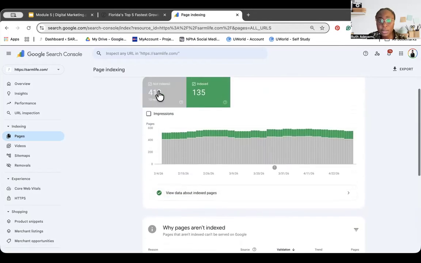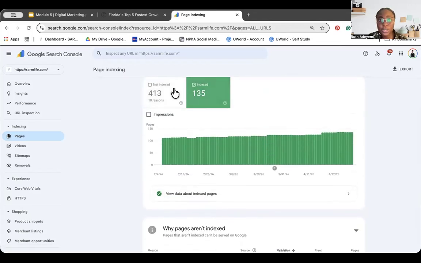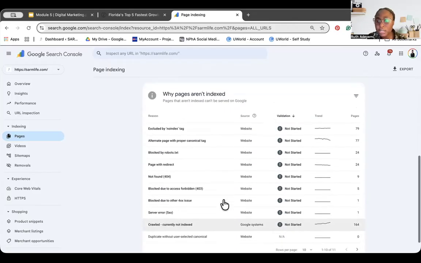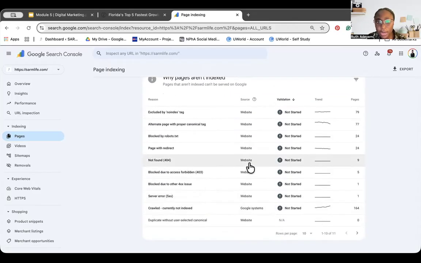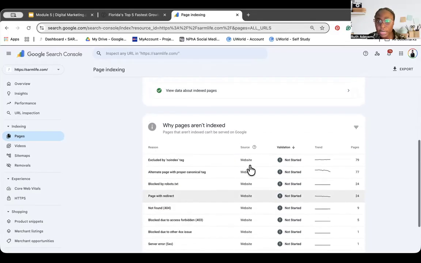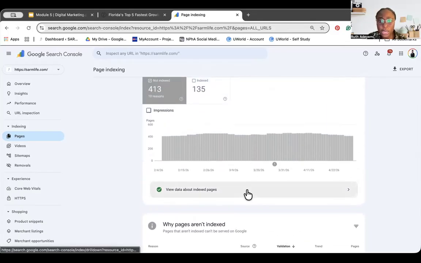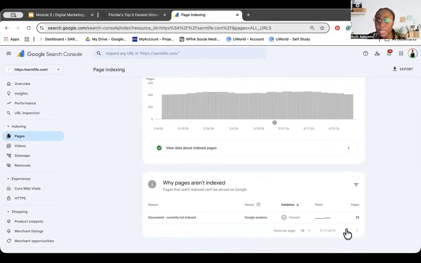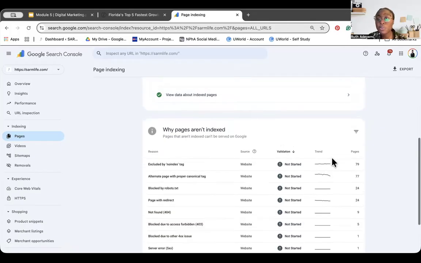All right, let me click on, no, this is what we want. Okay, the ones that are not being indexed, this is not showing me right now. Why pages aren't indexed? It's showing me why. View data. There has to be a way. Oh, I see, I see. Here. So this tells me which pages are not being indexed and why,